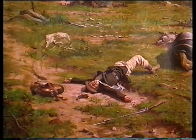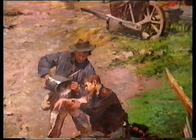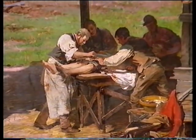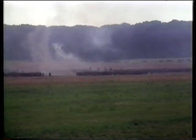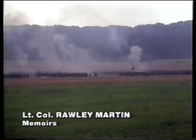Being hit by a minie bullet was much more traumatizing than being hit with the earlier musket bullet. The impact on bone and flesh was pretty terrifying because it would hit a bone and splinter the bone into the surrounding flesh. It was the low velocity and the large amount of lead that was striking the human body that caused terrible wounds. Great gaps were made in their ranks as they moved on, but they were